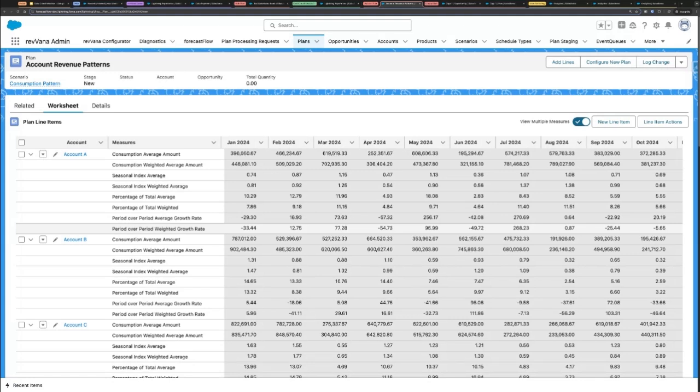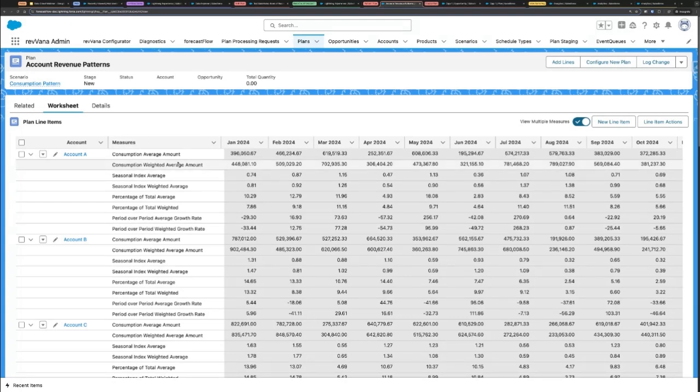Same thing with, let's say you are introducing a new product or it's a brand new account. You don't have any history for that account, but you can still leverage their profile, right? If it's an enterprise customer, maybe we use patterns extracted from the other enterprise customers and apply that. So the bottom line is we have a framework that allows us to bring in a bunch of different patterns, be it at a higher level or a very granular level that is specific for a given account and product.